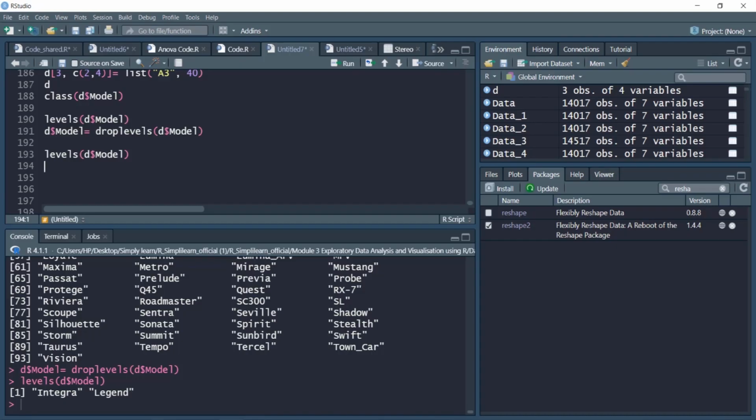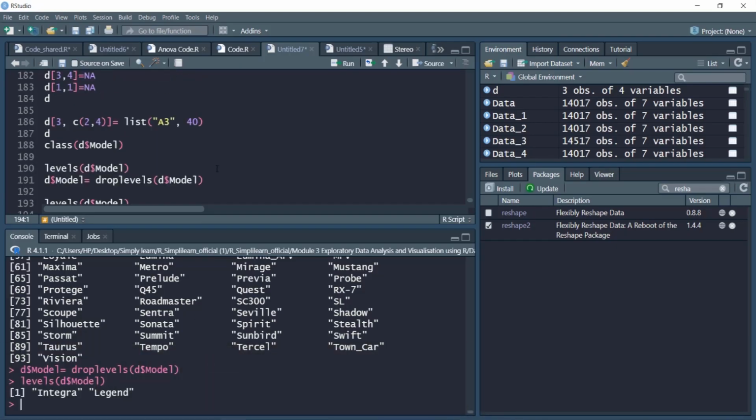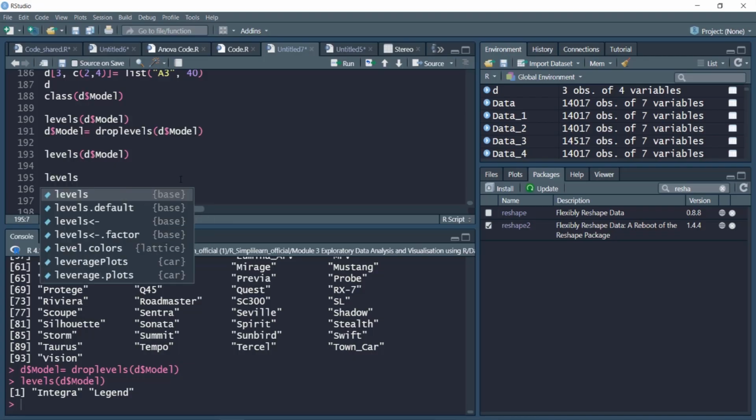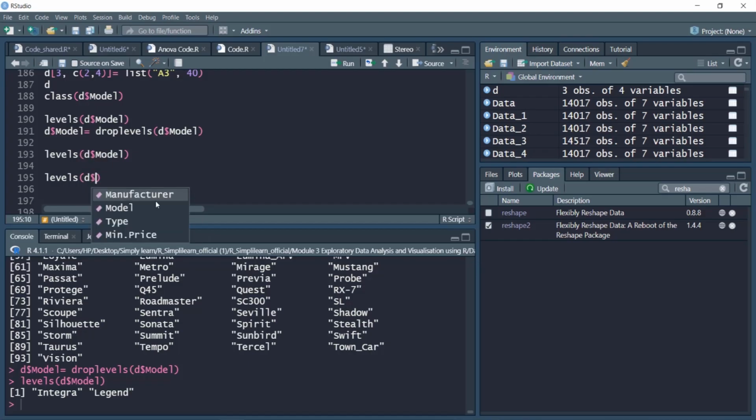The problem is because this is a factor variable which is using certain levels which are specified. If I add new levels like A3, they are not added. Instead, they create NA values because R is confused that this level is not specified. So how to specify new levels? We'll try and specify some new levels to this model variable. Please note, we'll not ignore the earlier levels. So we'll first include the existing levels of the model variable.